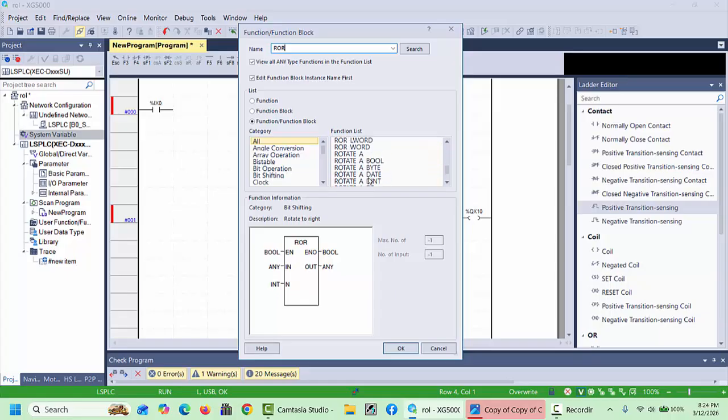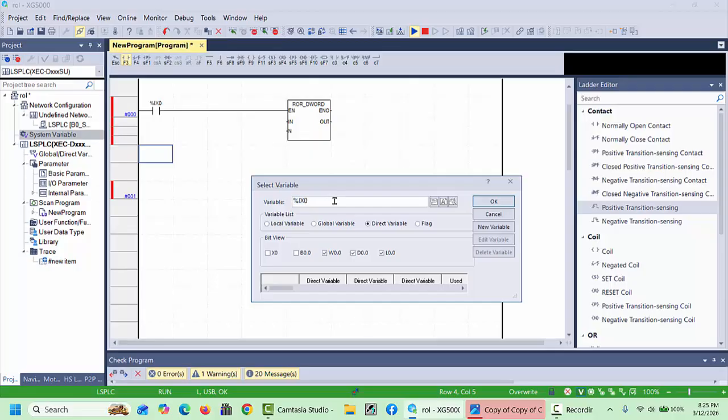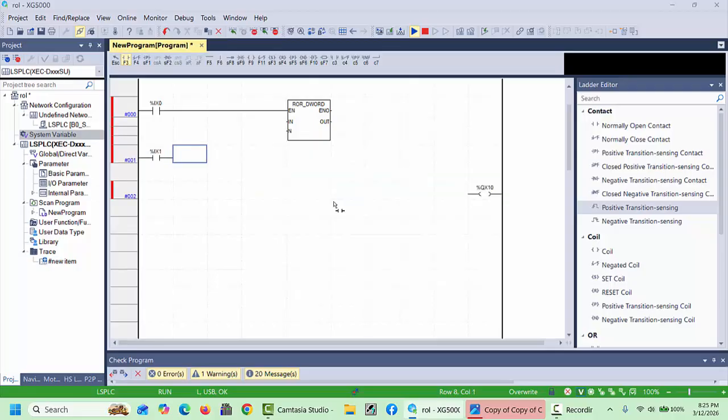There are many commands: ROR means only single bit, ROR with the byte, ROR D word, ROR L word, ROR word. You can choose whichever command suits how many sequence bits you want. For example, we will choose ROR D word and click OK. One more we will take as input here, I will choose IX1 for example, and next we will choose the same command